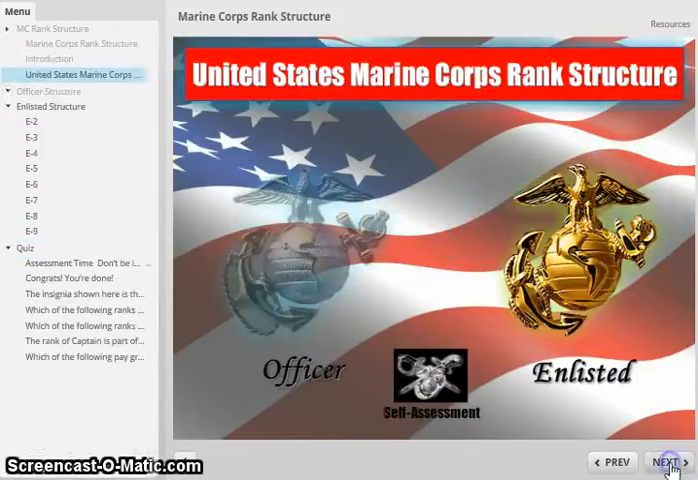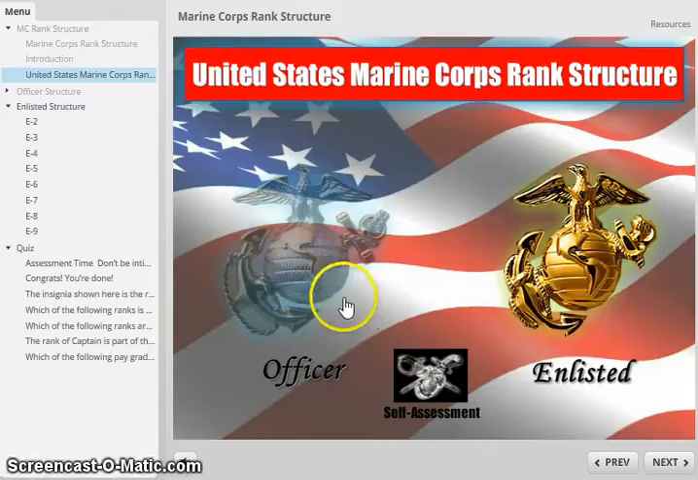Once I navigate all the way through each officer rank and I get back to the slide where I can choose to go officer or enlisted, you can see here that the Eagle Globe and Anchor for the officers is faded out. That tells the learner that they've already navigated through the officer ranks. Now if I click on the enlisted ranks, it's going to do the same thing. And same thing for the self-assessment down here once you've completed both officer and enlisted ranks. So this is a very quick, down and dirty